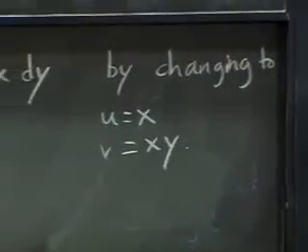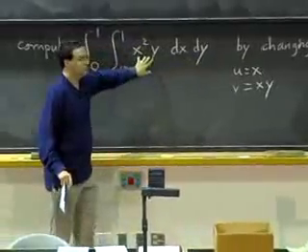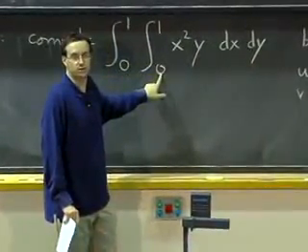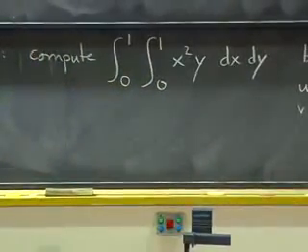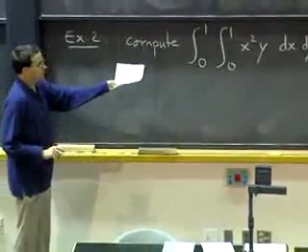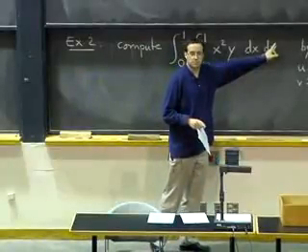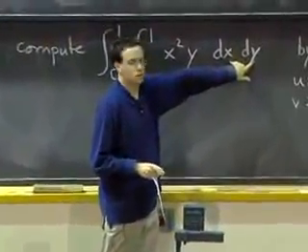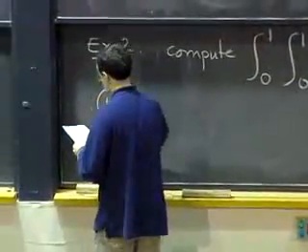I mean, normally, you would only do this kind of substitution if either it simplifies a lot the function you're integrating, or it simplifies a lot the region on which you're integrating. And here, neither happens. But anyway, the first thing we have to do here is figure out what we are going to be integrating. To do that, first we should figure out what dx dy will become in terms of u and v. So that's what we've just seen, using the Jacobian.